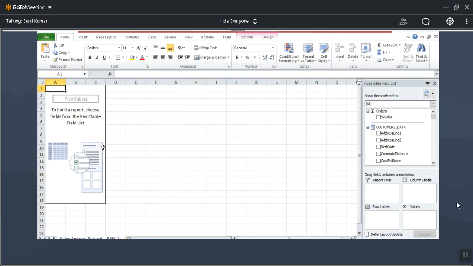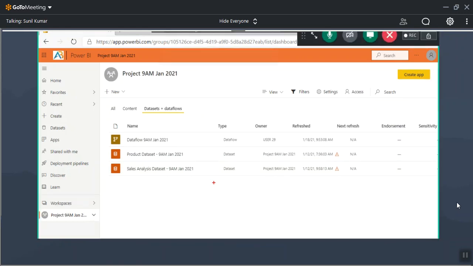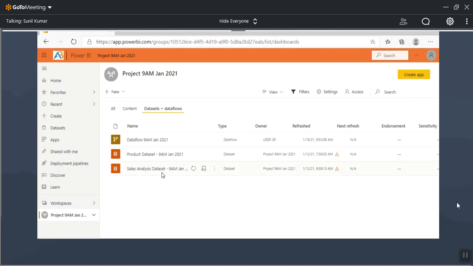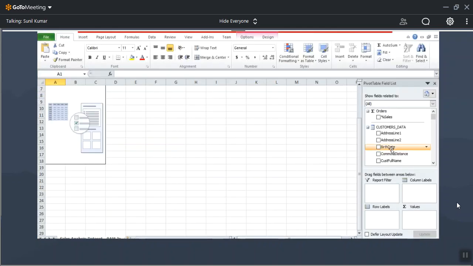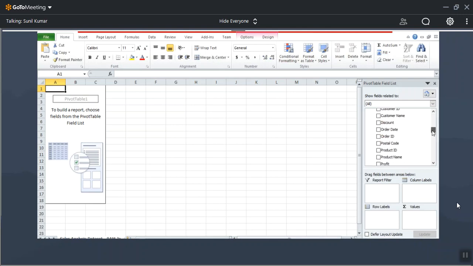You can start performing analysis. Basically, as a Power BI developer, we never perform analysis in Excel. We don't need it. For some reasons, if you want to connect to the data set in Excel and perform analysis here, you can do it, guys.